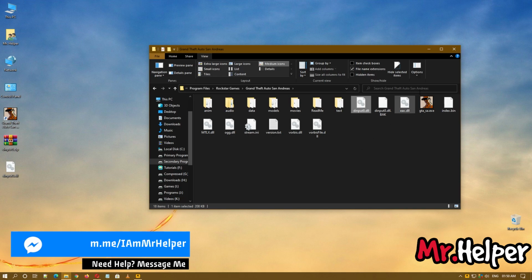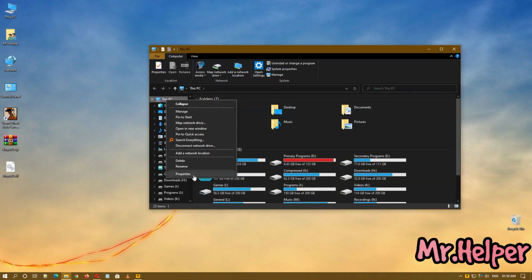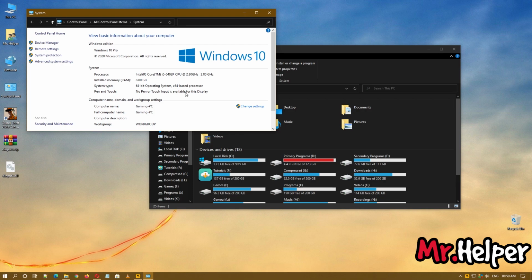Okay, now close this, and now what you have to do is first of all know what your system type is. Click on properties. Now if you are a 32-bit operating system user, then you have to follow only one step that I'm about to show you. But if you are a 64-bit operating system user, then you have to follow 2 more steps. Okay, I'm gonna explain which steps you have to follow and which step a 32-bit operating system user does not have to follow. I think that makes sense. Due to some reason I made some confusion, I think, but don't worry, I'm gonna explain it in detail.